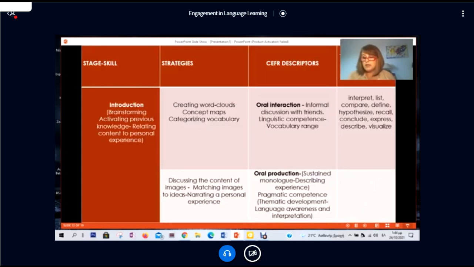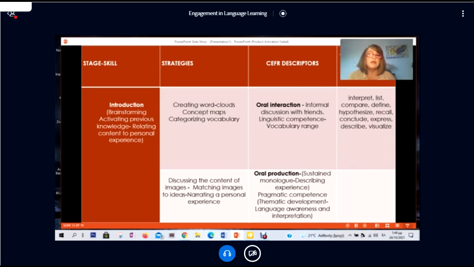And how do all these come together? How can they be combined in order to design engaging foreign language lessons? The following grids present indicative combinations of all the elements mentioned above, aiming at engaging teenage students in the foreign language lesson. Here, for example, we can see at the stage of introducing the topic, we can have brainstorming activities,